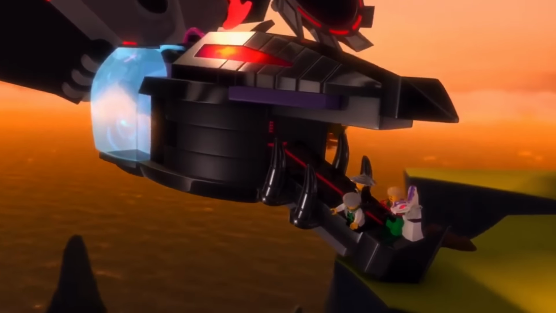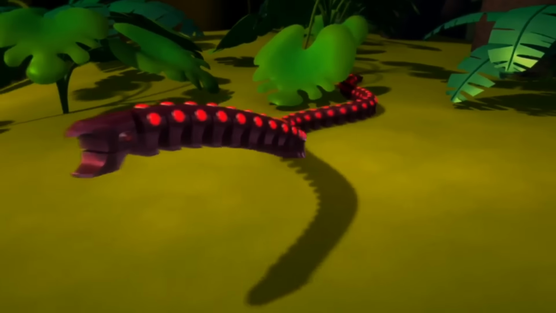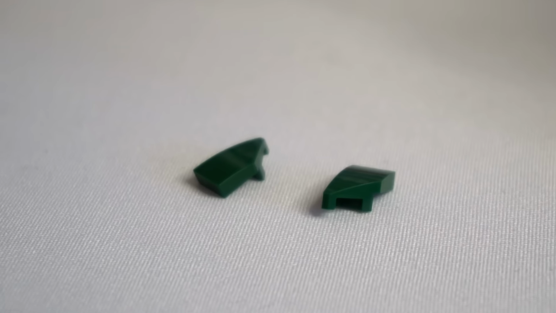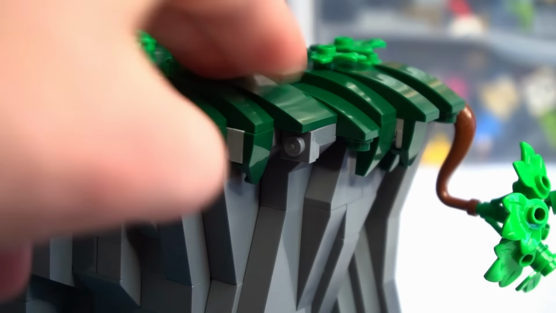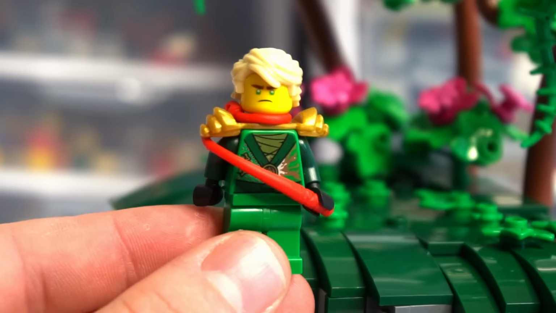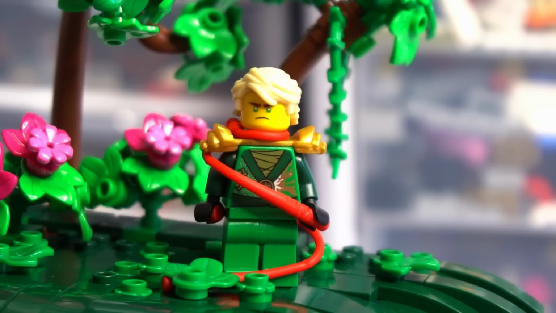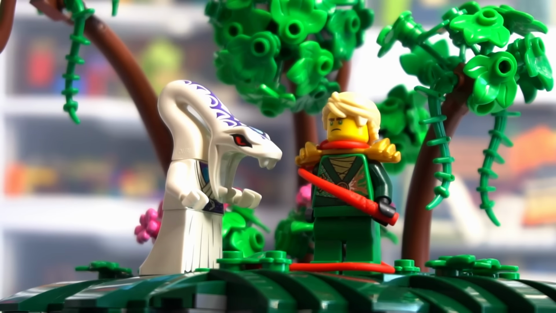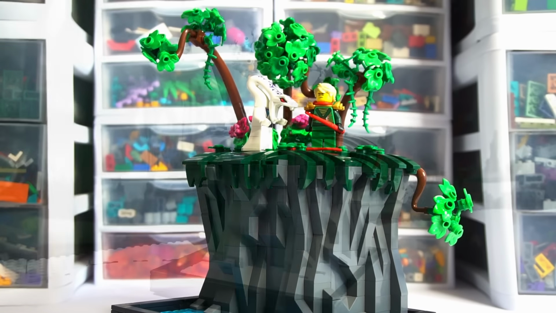Now in this scene they're by a cliff jutting out from Hiroshi's labyrinth. I started by pouring down some water and got a lot of dark gray slopes out and built up a cliff. I got some dark green slopes coming down the cliff to make it look more organic. Then I built a backdrop of trees, added some flower plants to the floor of the jungle, and then got Lloyd and wrapped some of these red whips around him to make it look like that mechanical snake thing crawling up him. Finally, I placed Pythor down and this display is 100% complete,